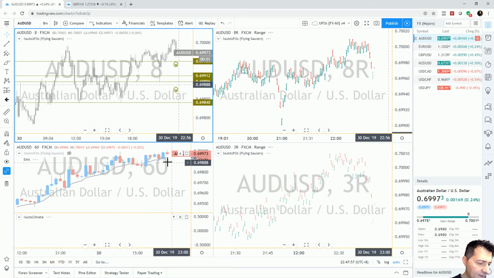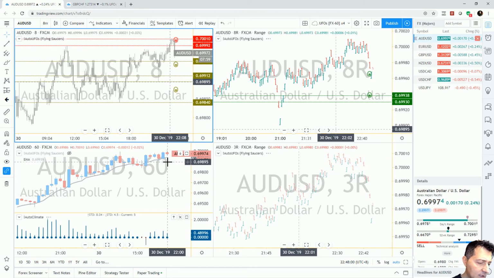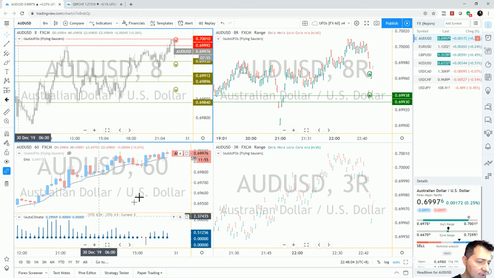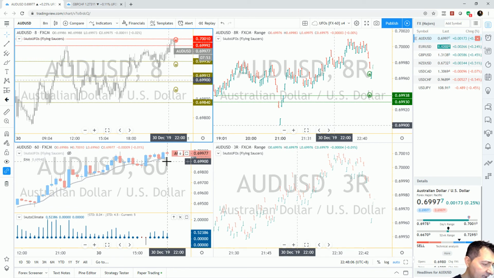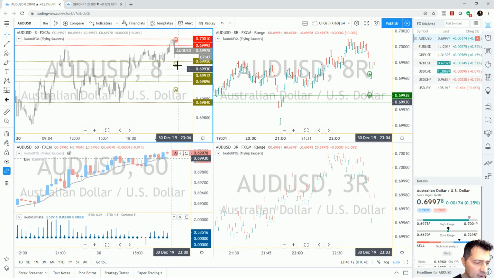So we have the chart loading. Here we go. So we got 5 out of 8. So this is a valid time for the entry. 69.94, that would be the location for the entry. 69.94, it's actually right here. So yes, indeed, this UFO lines up well with the average, as you can see. Okay, so that's lining up well.